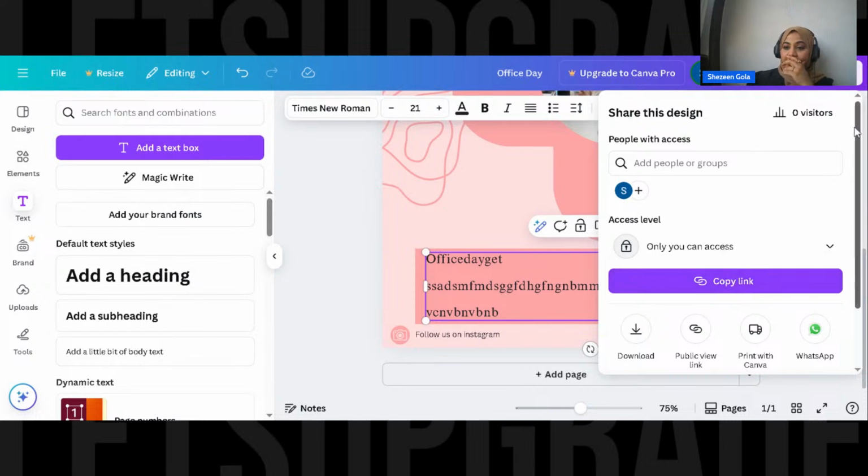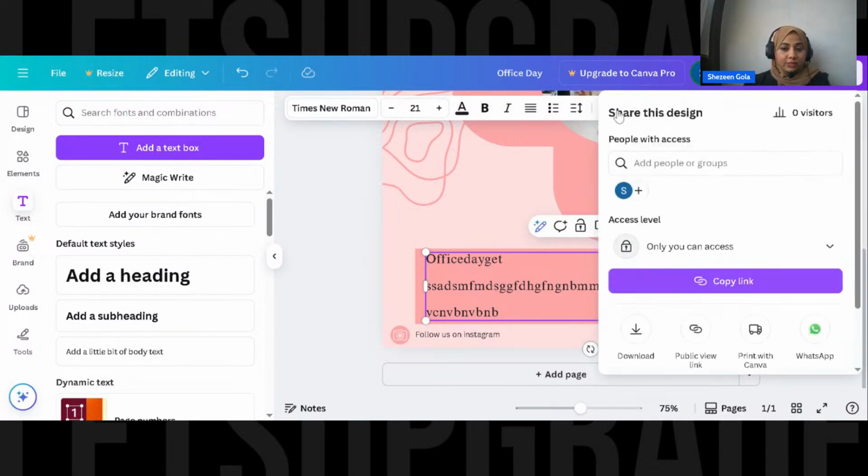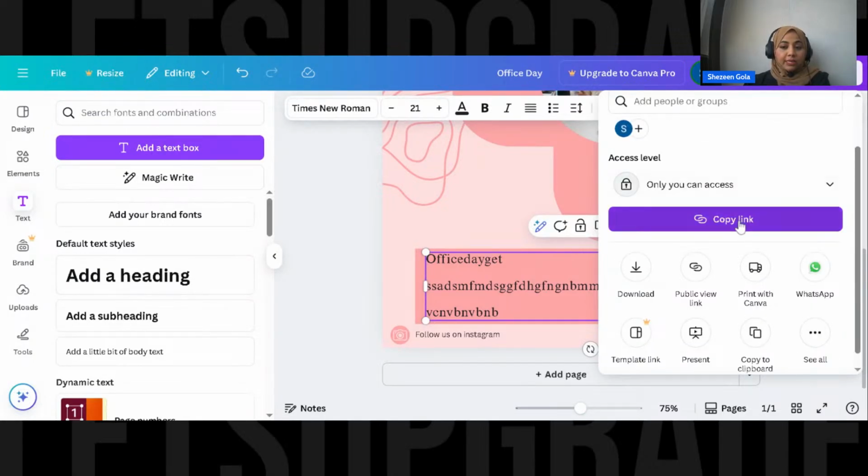So now when we share this, okay, you can see a couple of options out here. So you can see share designs, zero visitors. So when you make an account on Canva, you can actually even put your work public. So you can be creating your styles and everything and putting it on Canva, or else you can add people. So suppose if we have a team of people, we bought a paid Canva, we'll put their email addresses out here, and we'll give them access. So it's not just you, your other group members can also use this, and you can just copy the link and give it to them.